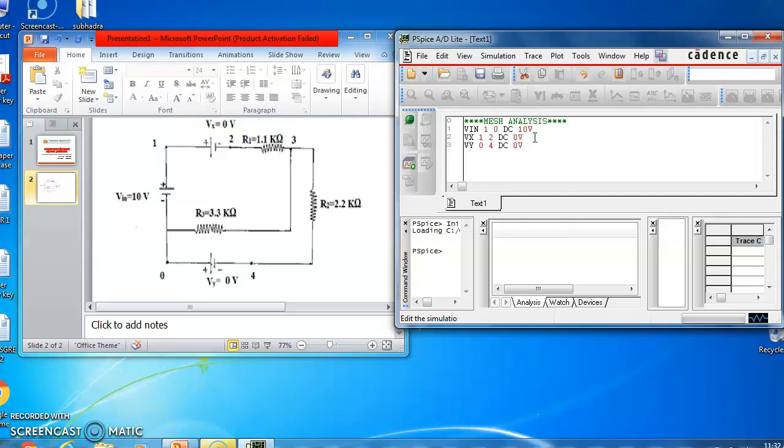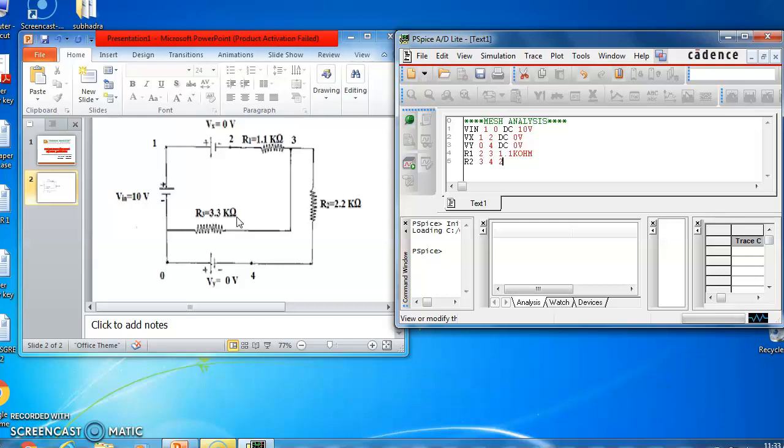Next, I consider the resistances: one placed between 2 and 3 with a value of 1.1 kilo ohms, the next between 3 and 4, and the next between 3 and 0. Likewise, I consider all the elements in my circuit.